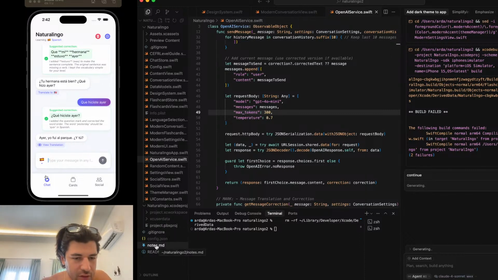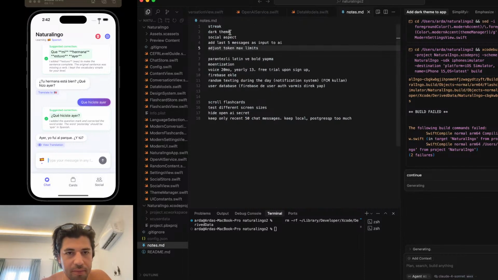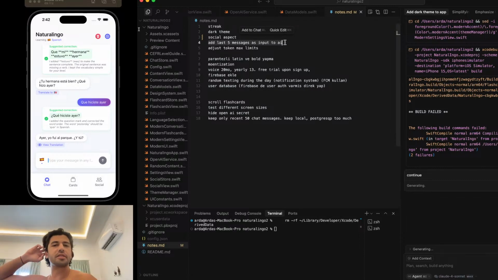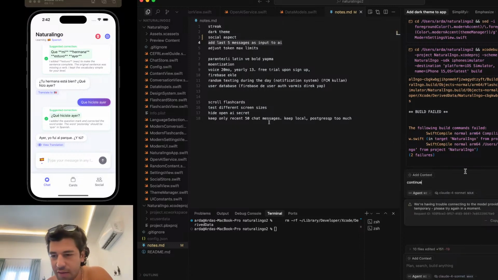So I'm taking notes of all of these anyways. Streak. Yeah, we added the streak. I think that's already working. Dark theme, let me fix that. Social aspect, that's the feed I'm talking about, but the feed is malfunctioning, so I have to fix that as well. Oh, I want to add the last 5 messages as an input to AI because I want it to be aware of the conversation history, so it can give more relevant